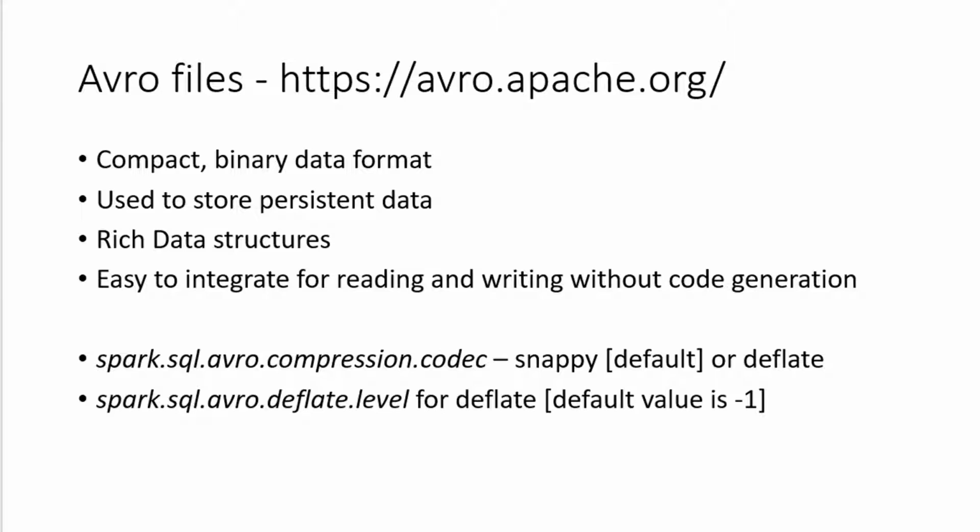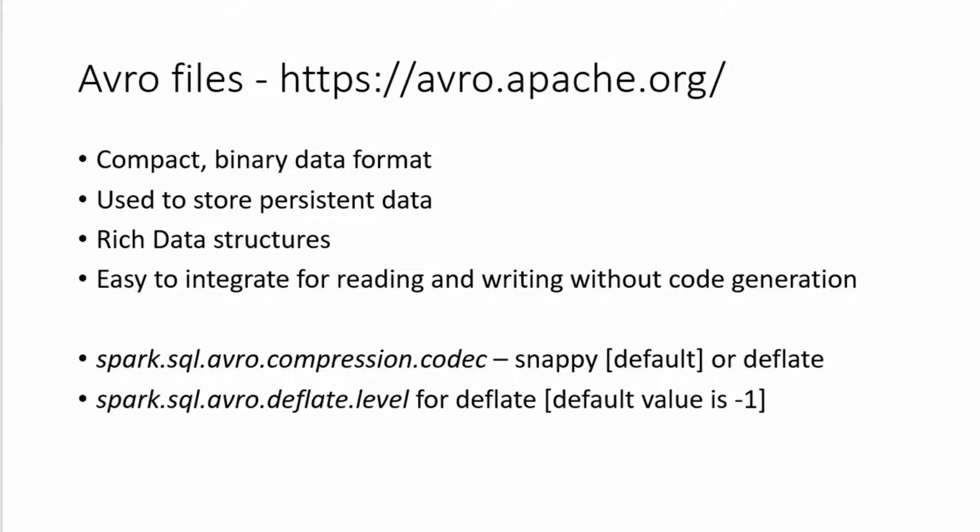It's very compact and it uses the binary data format, and generally it's used to store or persist the data as well. Its data structure is very rich and it's very easy to integrate for reading and writing purpose without the code generation. It supports two types of data compression. One is Google Snappy compression, another one is deflate compression. Within deflate compression we can define the level, and for compression codec Snappy is the default one. In case if I wanted to have deflate compression, explicitly I can mention what type of compression to be used